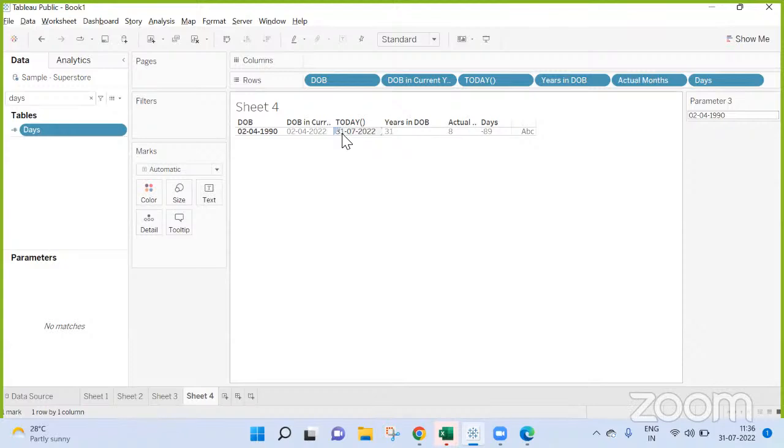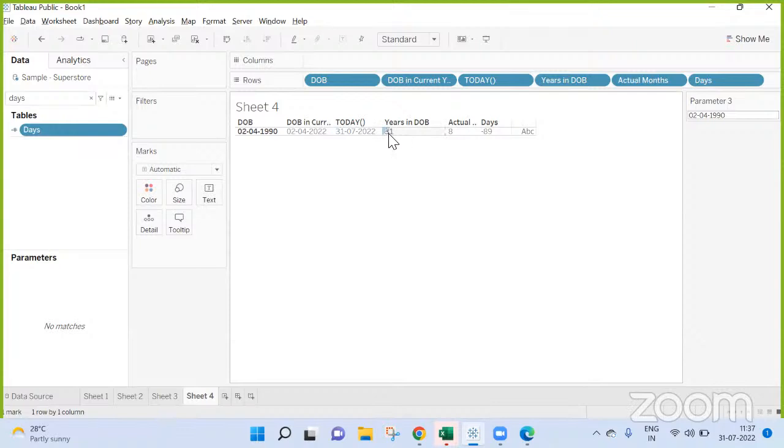So here the point is, if it is 31st, today it is 31st. Now whatever they might have passed is covered till 2nd June 2020, July 2022 is covered.